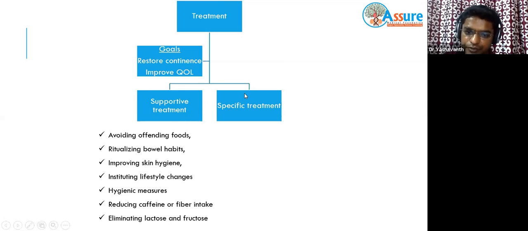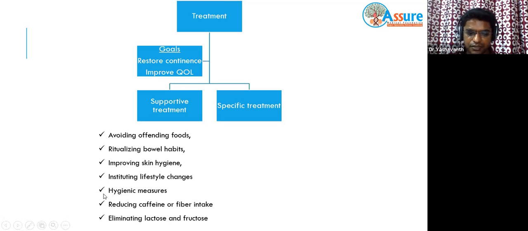You have supportive and specific treatment. Supportive: avoid offending foods, ritualizing the food habits, improving skin hygiene, instituting lifestyle changes, like proper training every 2 hourly. You can ask them to evacuate as much as possible, and hygienic measures including wiping the perianal area with wet moist tissues, and also help in